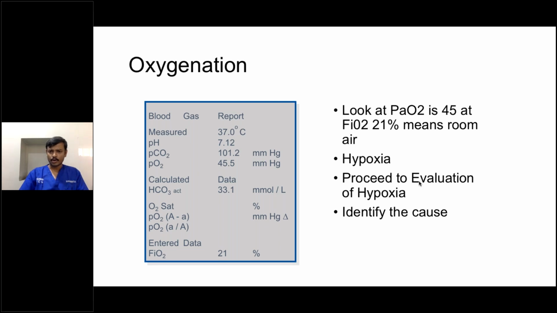When we know there is a hypoxia, then we have to think why there is a hypoxia. That is important. Just reading the value is not important. We have to go one step ahead. Identifying the cause is important, but that is a completely different chapter. I'm not going to talk on that. It involves whether there is a VQ mismatch or hypoventilation. We have to calculate the A-a gradient in these patients. That I'm not going to touch at this point of time. We can discuss that part when we discuss the physiology of acute respiratory failure.